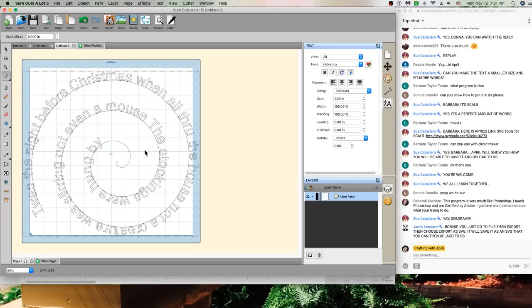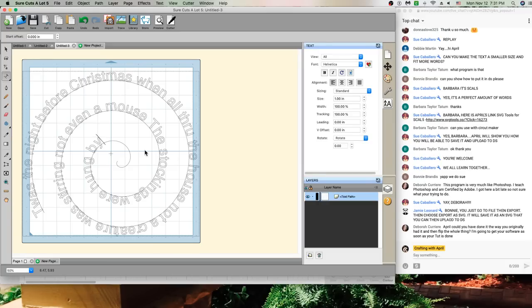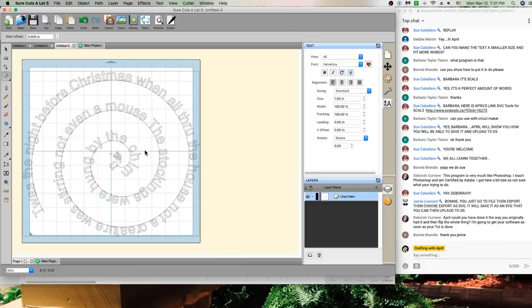And just so you know, I'm going to keep going so that you can see what happens at the end. You see how it gets wonky before it cuts off and starts laying on top of each other. So you may need to do it a couple of times to figure out what size to make your spiral to fit your phrase or whatever it is that you're using. So I would probably stop right there and maybe put in some dots so that I can put an image